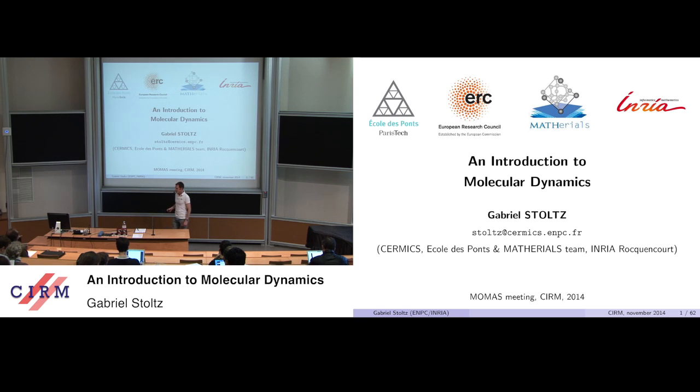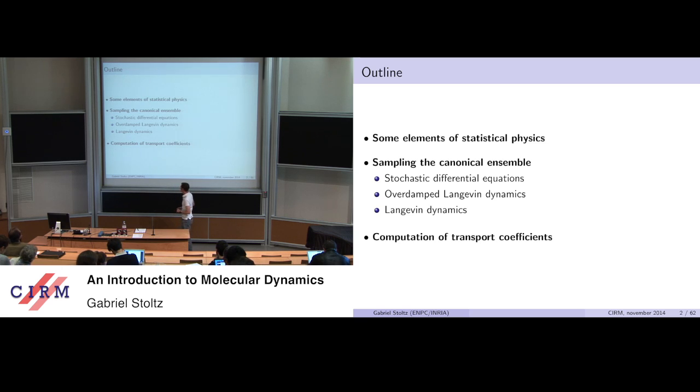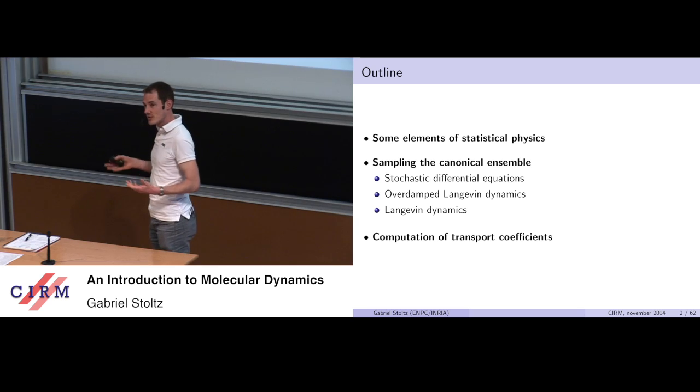But the point would be that the pace of the talk is sufficiently slow so that you can follow everything and that hopefully you understand even the last slides. Well, that would be a dream, but if you understand until here, it would be already very good. So I'll present you briefly what statistical physics is about. I'm not completely sure that everyone is well aware of statistical physics and especially computational statistical physics. And then I will show you how to compute average properties of material described at the atomistic scale.